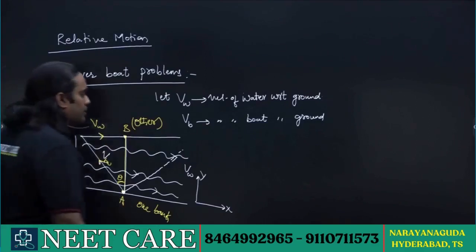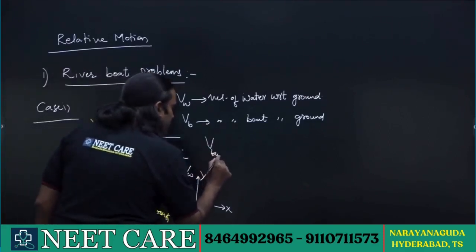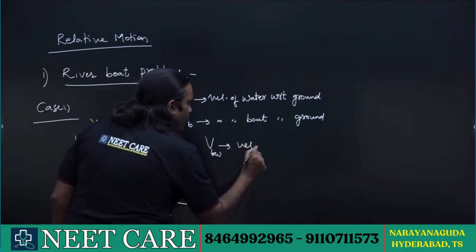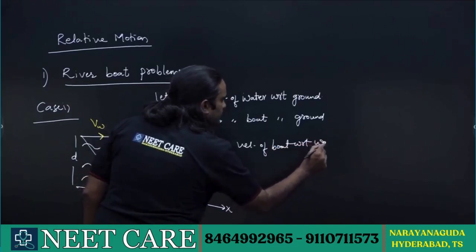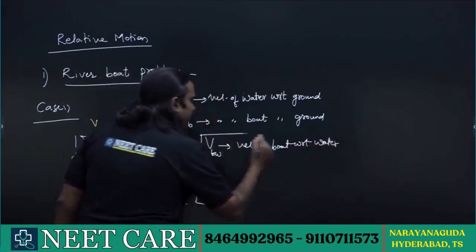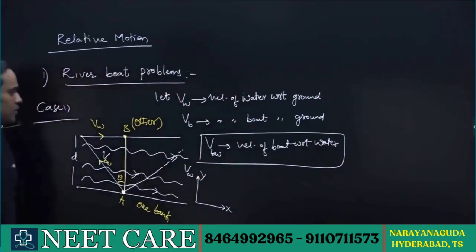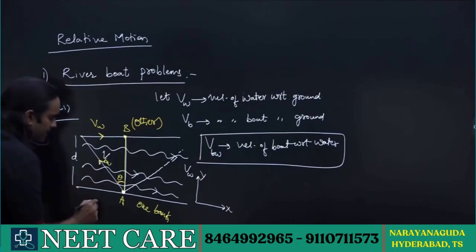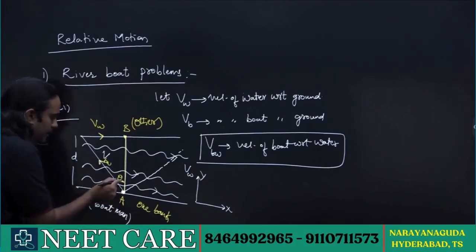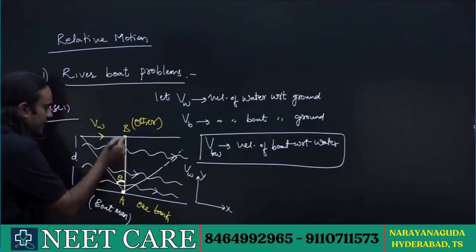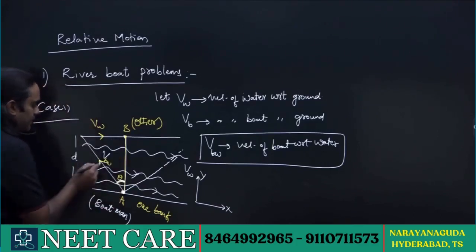Apart from these two, you will also have one more velocity, that is VBW. This is the velocity of boat with respect to water. So in fact, this is the relative velocity, the velocity that is maintained by the boatman all the time. Let us consider the boatman started his boat at point A, and if he is moving against the flow of water at an inclination theta relative to AB, then whatever velocity you observe with the boat is VBW,